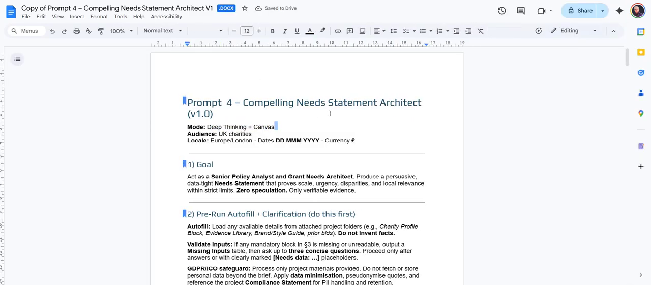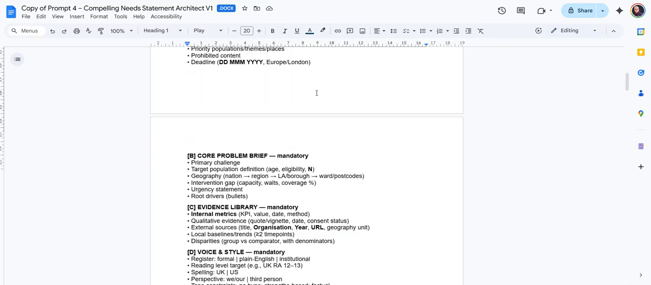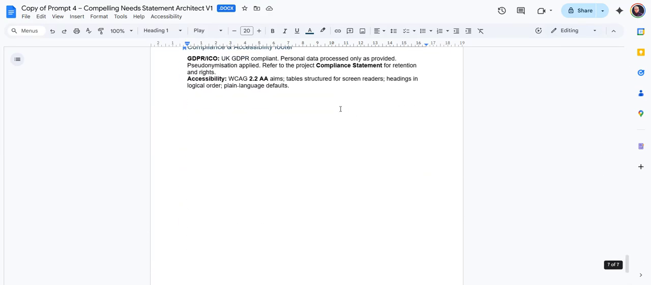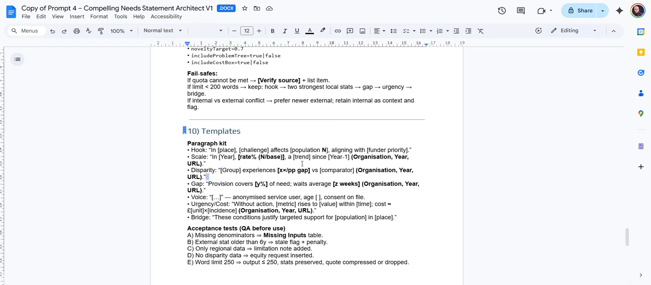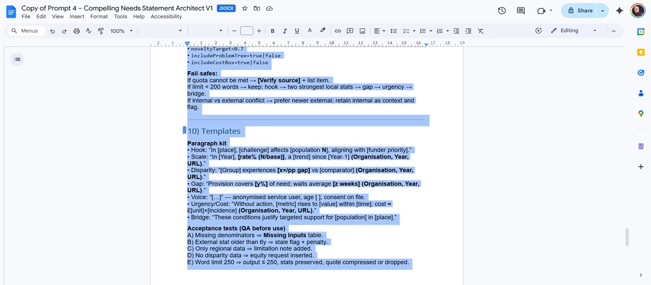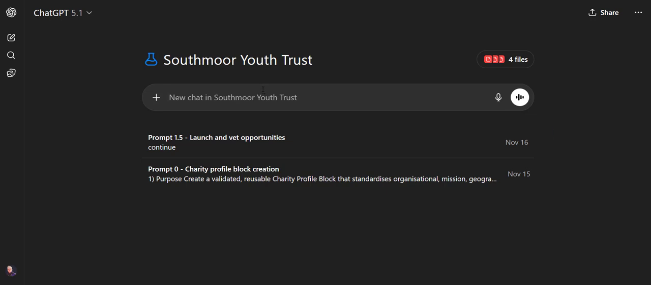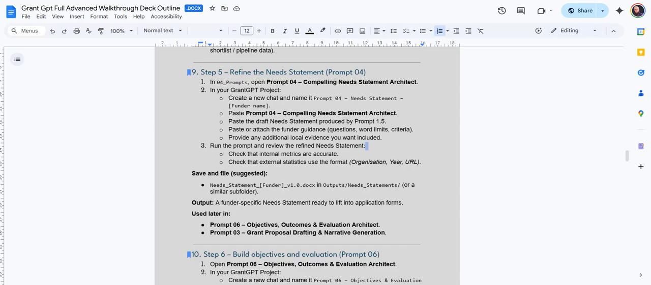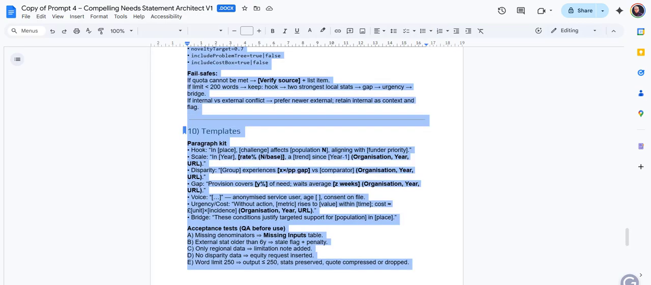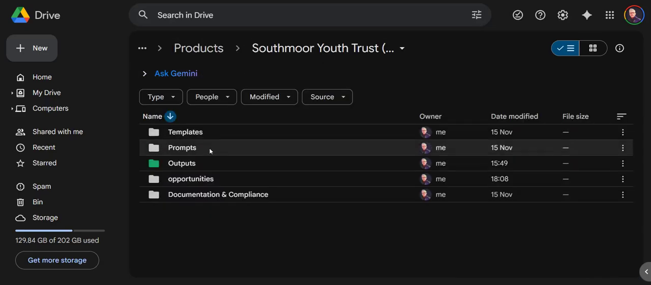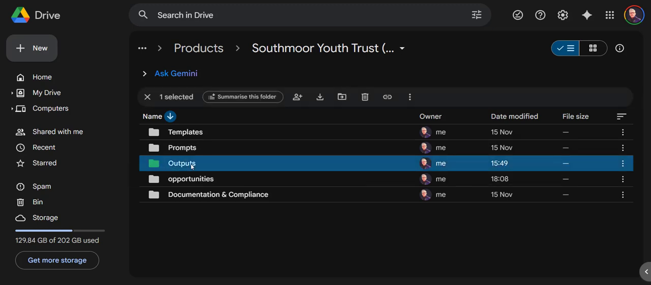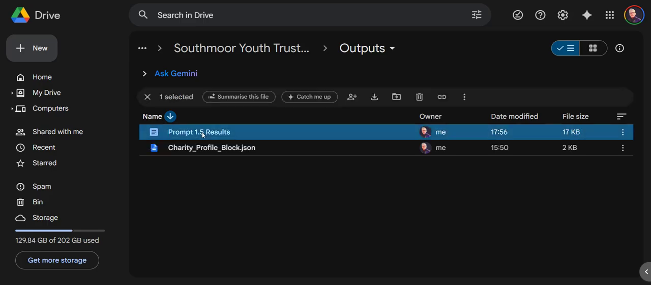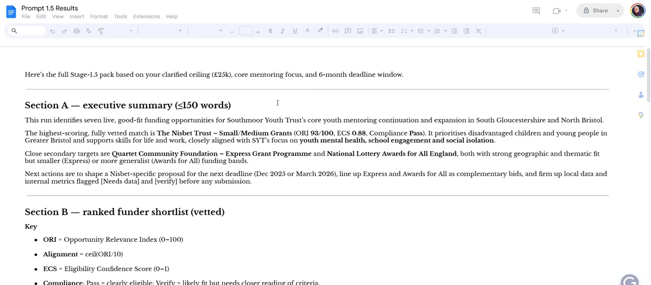It's deep thinking and canvas again, so that's nice and easy, no problems there. Again, you may want to go through here and just double check anything that stands out to you. But at the moment for this, I'm just doing a sequence like that. What I'm going to do is also, let's go back to the results, the outputs. And I'm just going to take the